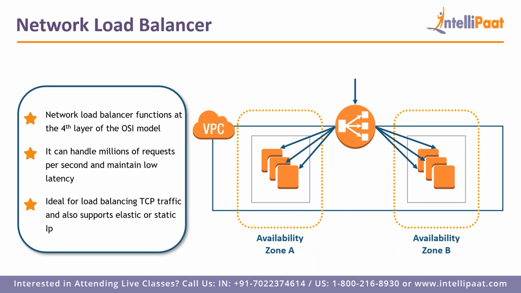So while creating a server, you will associate it with an IP address. In AWS, if you do not give it an elastic IP address, then whenever you reboot the server, it might have a different public IP address, because it might be launched in a different server altogether. So if you are associating it with an elastic IP address, even if you reboot the server, the IP address will not change, it will remain the same, so that you can use that IP address to associate it with the network load balancer.